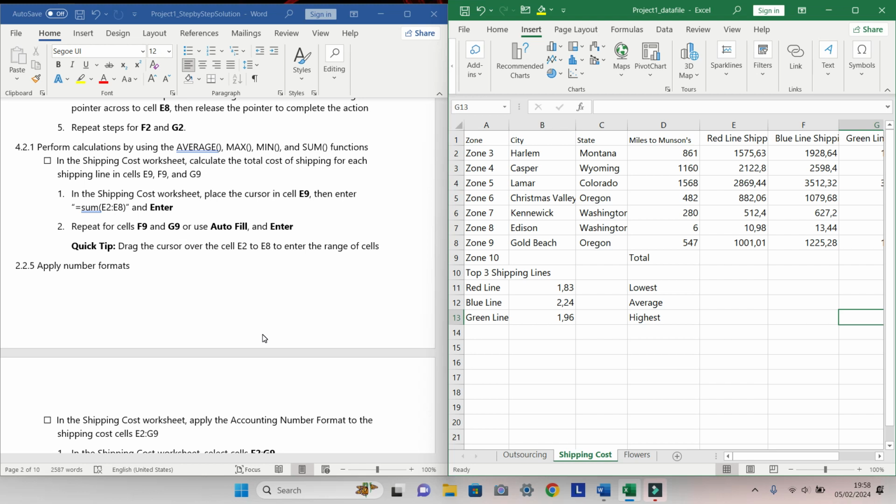For doing this, in the shipping cost worksheet, calculate the total cost of shipping for each shipping line in cell E5, F5 and G5. In the shipping cost worksheet, place the cursor in the cell E5, then enter the formula